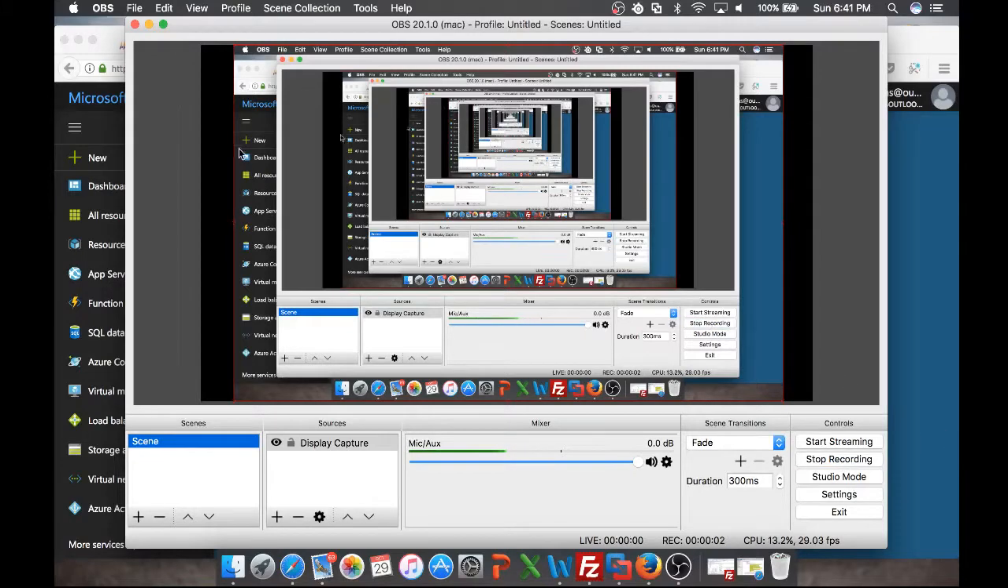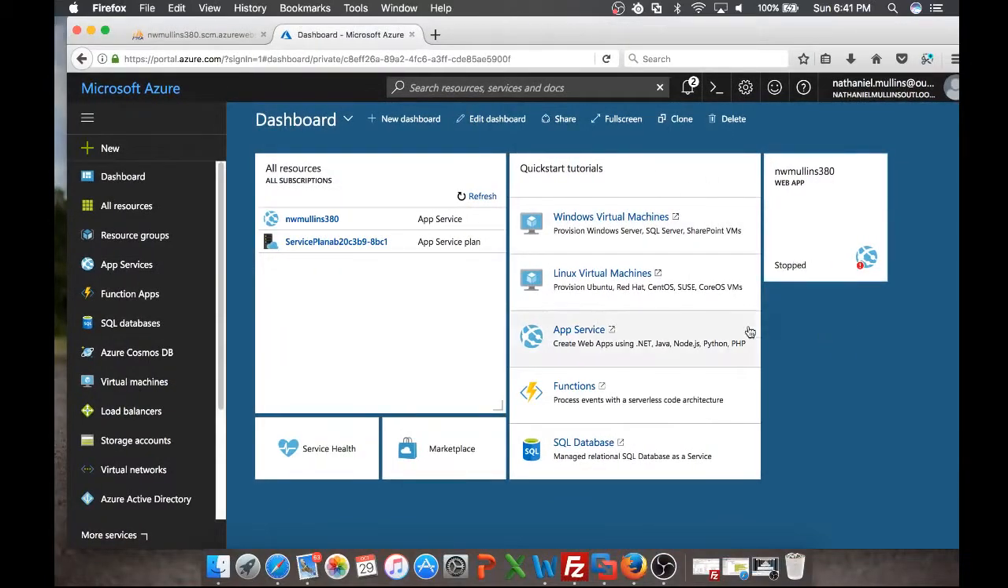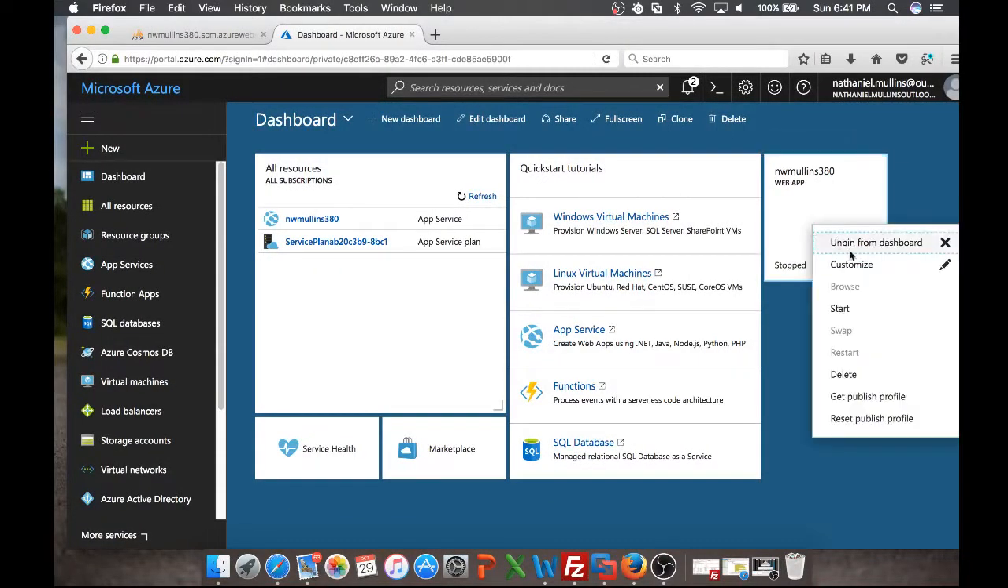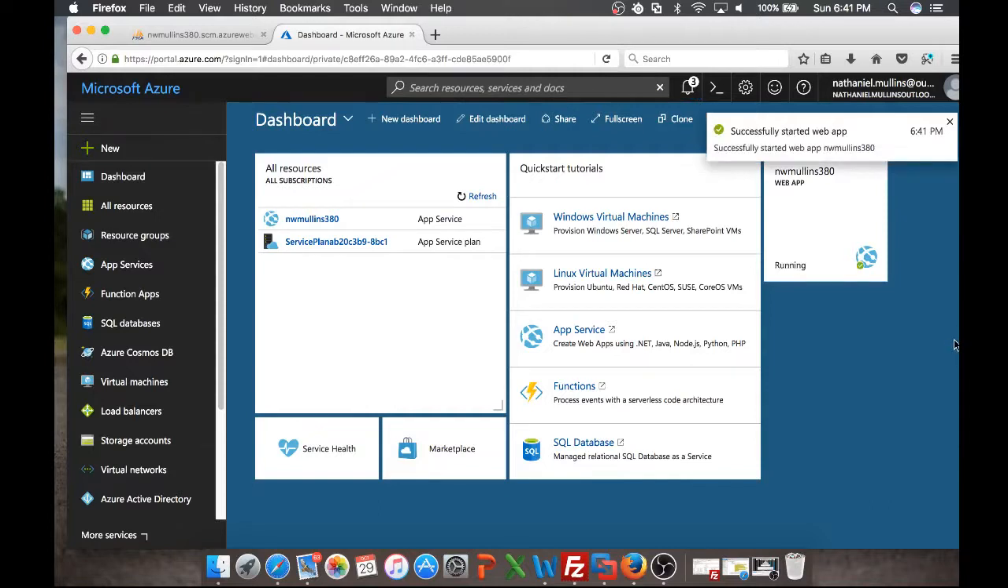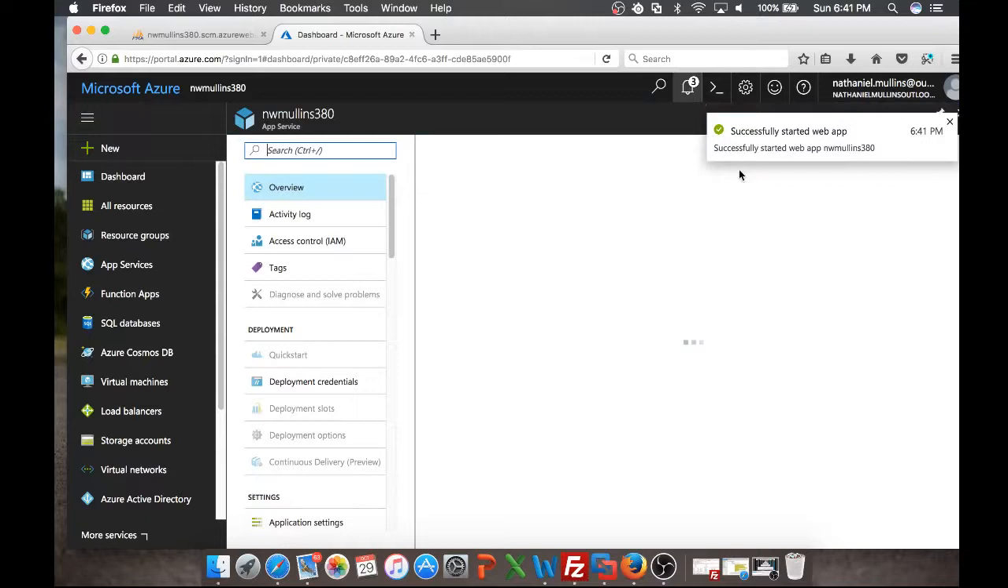This is my demonstration for playing in the clouds. So here's our Azure dashboard, and we want to get the app running. So I start it. Now it's running. Then you click on it, and then once it loads,